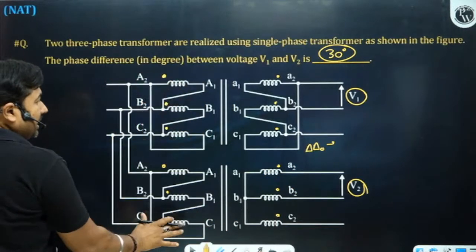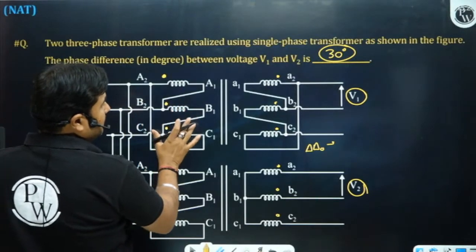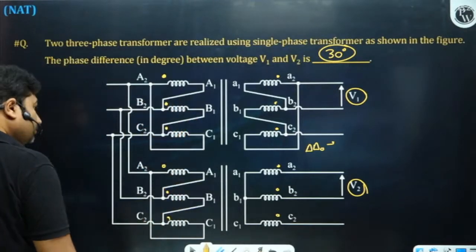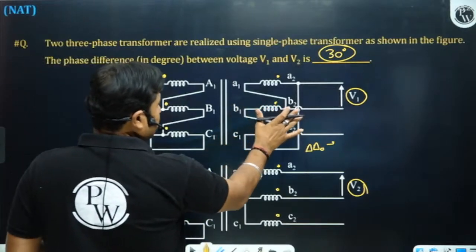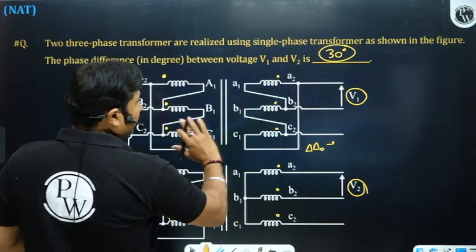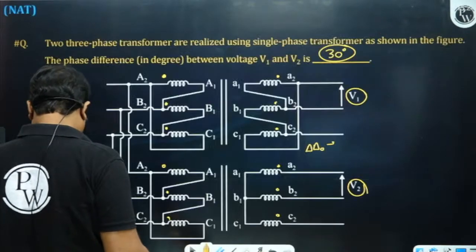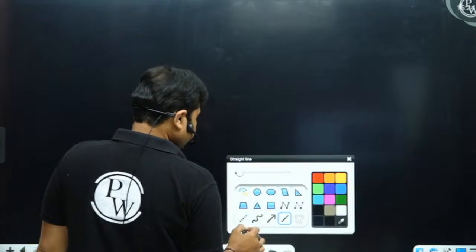So the primary side is in delta. Yes, sir. And the secondary side is in delta, and the secondary side is in star. So first of all, you have to identify which connection is the first one. Okay. So for delta delta, if you observe